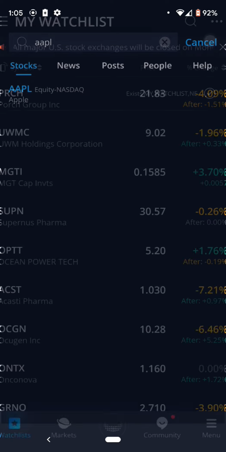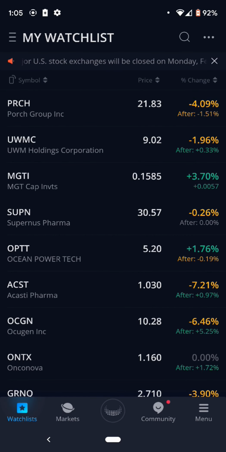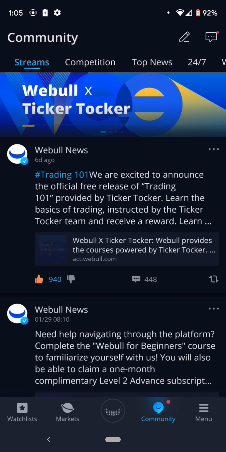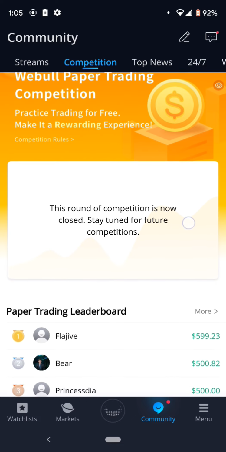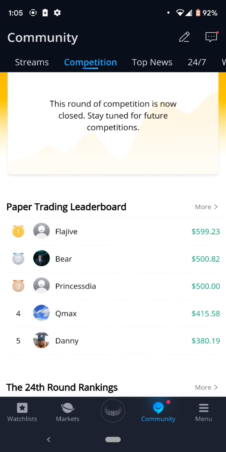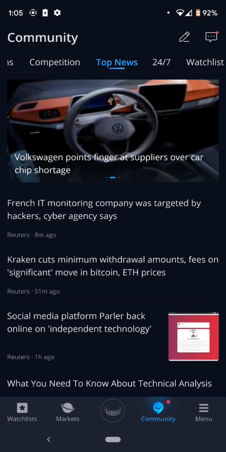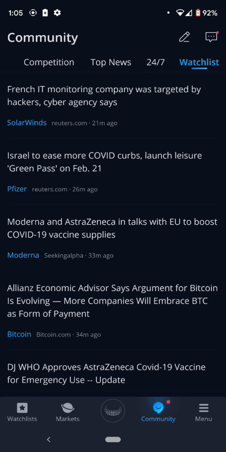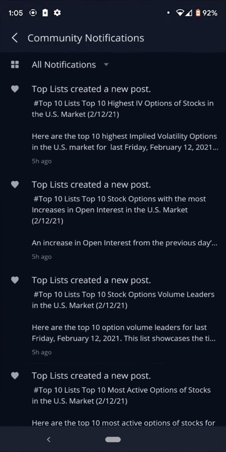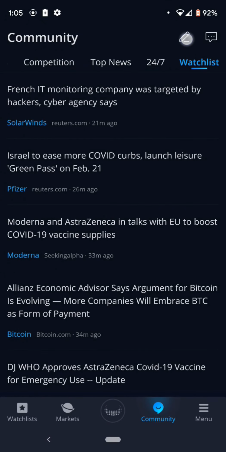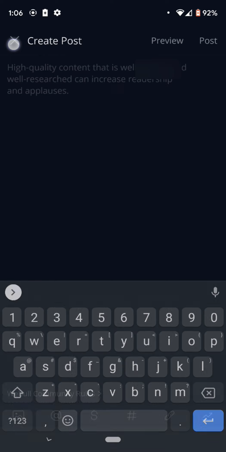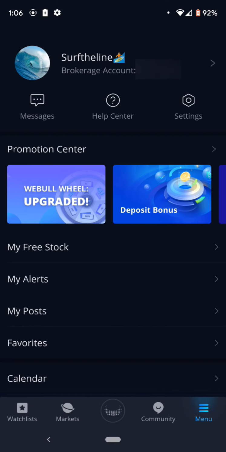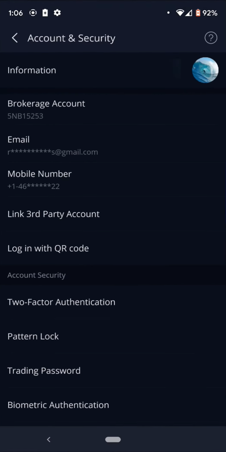And then you have the community tab, where they have competitions. Webull has a paper trading competition. Here's the leaderboard, top news, things that I don't even know, community notifications. I can create my own post, and then the menu. So you have your account information,